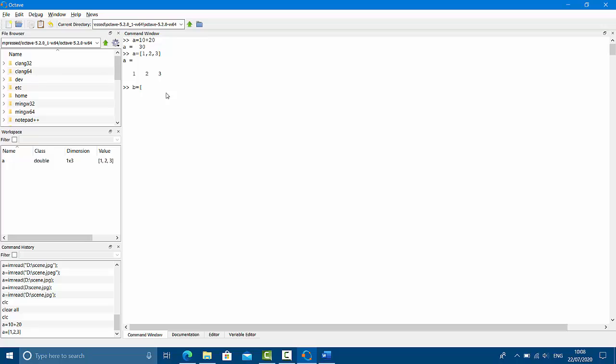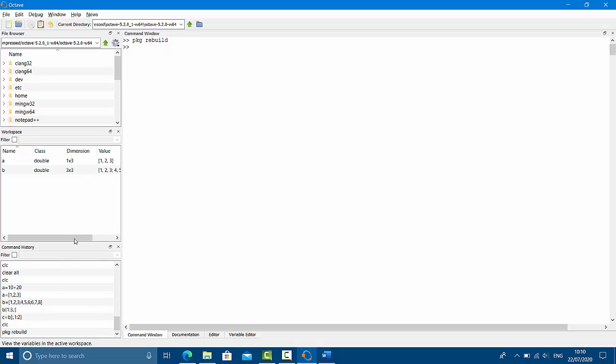So let us go for b is equals to, we are going to write a multi-dimensional matrix. Let us say a two dimensional matrix: 1 comma 2 comma 3, then a semicolon represents the end of that particular row and the next row is going to start. Again use the semicolon. So let us write a 3 by 3 matrix. You can see that the dimension is 3 by 3, the name of variable is b, the class is again double, and the values will be mentioned over here. Is that fine? Okay, I hope it is clear.